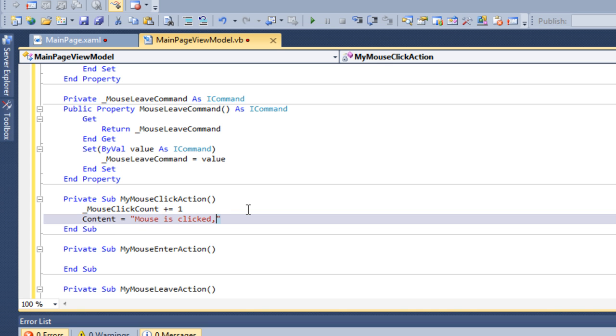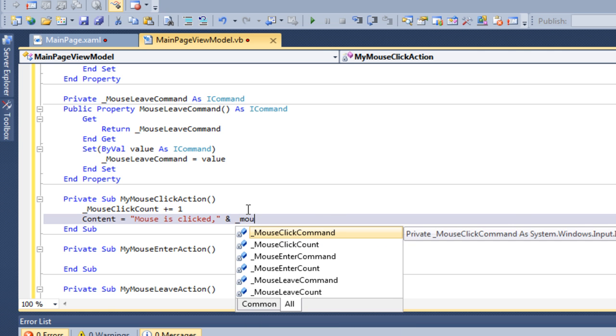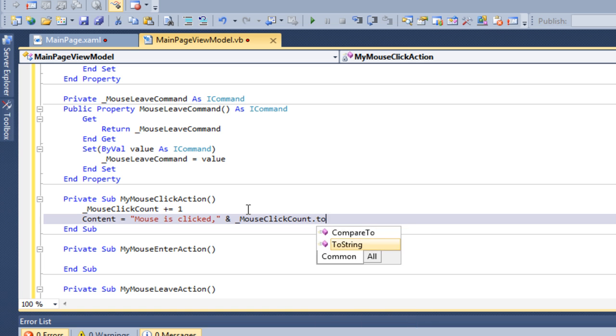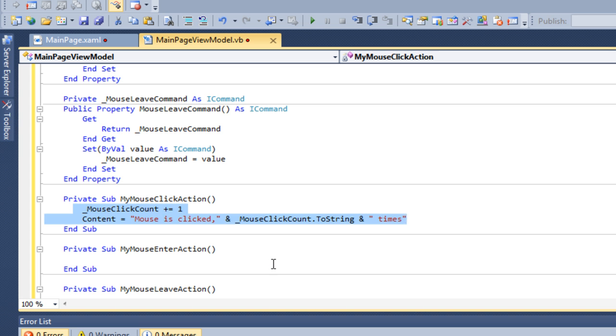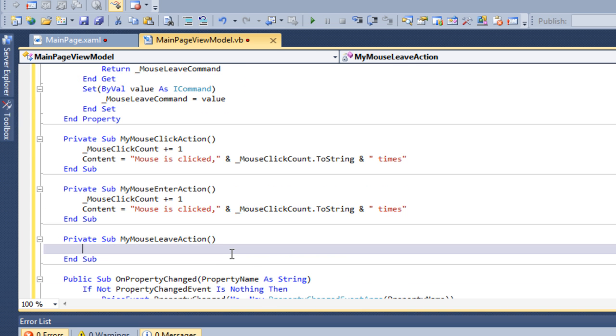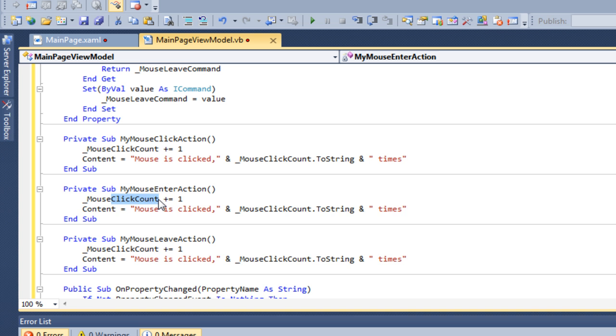"Mouse is clicked" plus mouse click count dot ToString "times". Okay, so I want the content of that button to be changed whenever the mouse is clicked. So I am just increasing this mouse click count, and it will show me that mouse is clicked how many times. I'll copy this code, and I'll change the variables to be mouse click, then mouse enter,